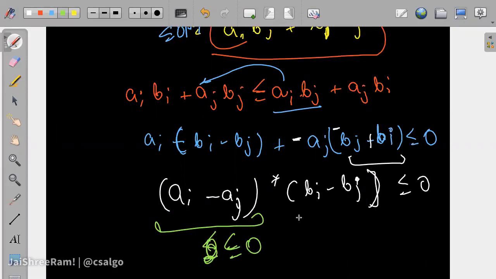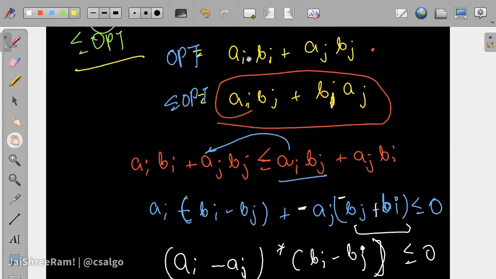Now, this symbol has to be greater than equal to, right? I wrote this one first, right? So this one was optimal, so optimal should be greater than equal to this, right?